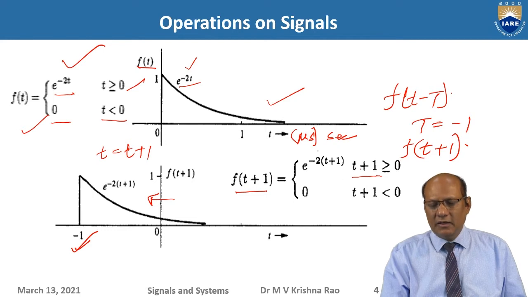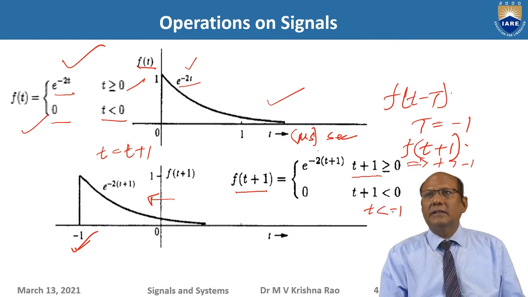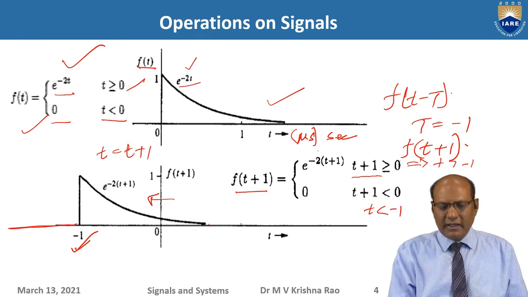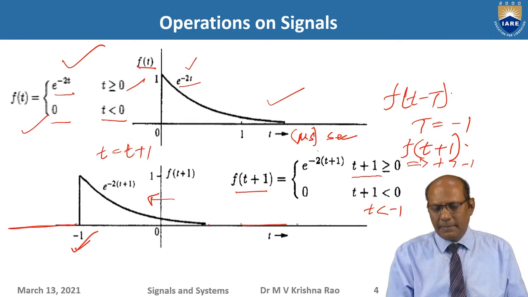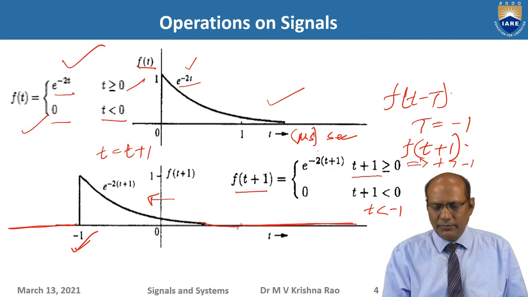We have to change the limits here basically. So here, this is equal to what? This is nothing but t greater than or equal to minus 1. Okay. So that is what. Here, what is this here? T is less than minus 1. Less than minus 1 means this is the area. Greater than 1 means this is the area. Greater than or equal to 1 means this is the area. Actually, it comes like this. Okay. So this is what you have.